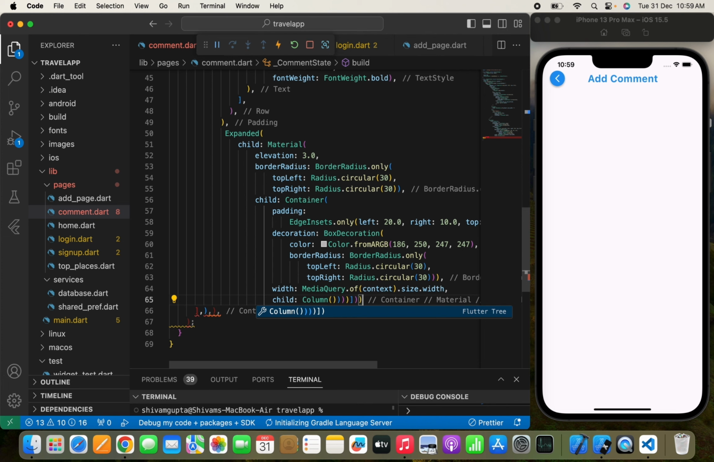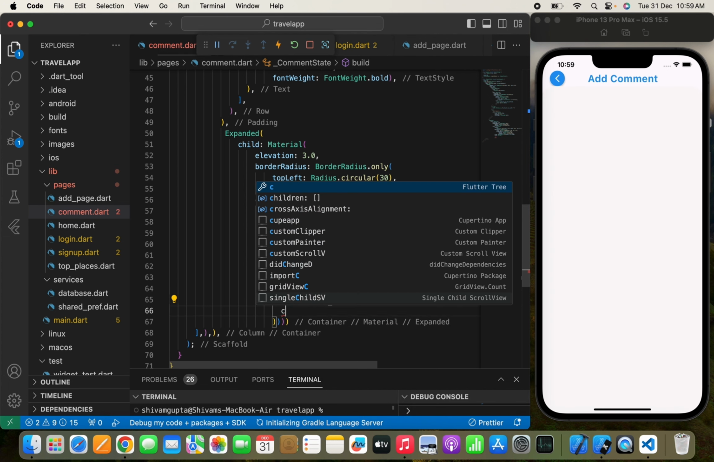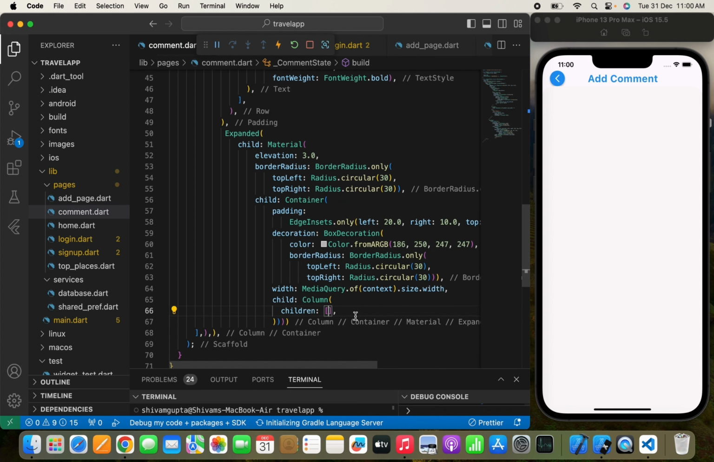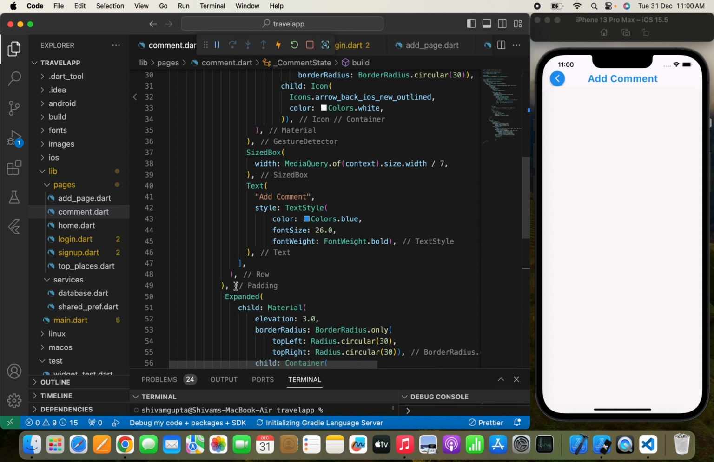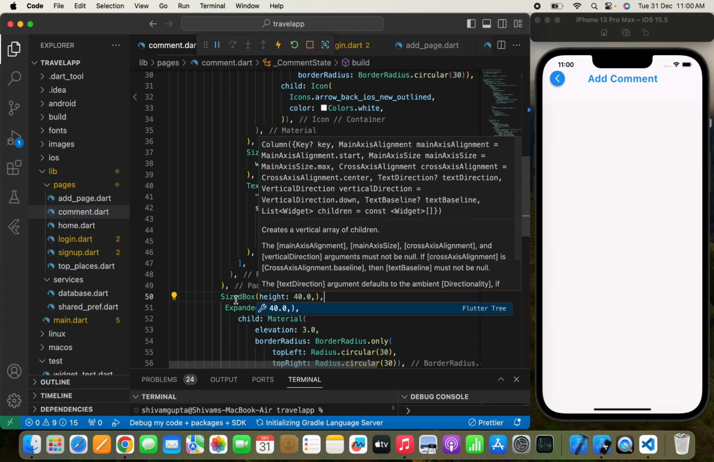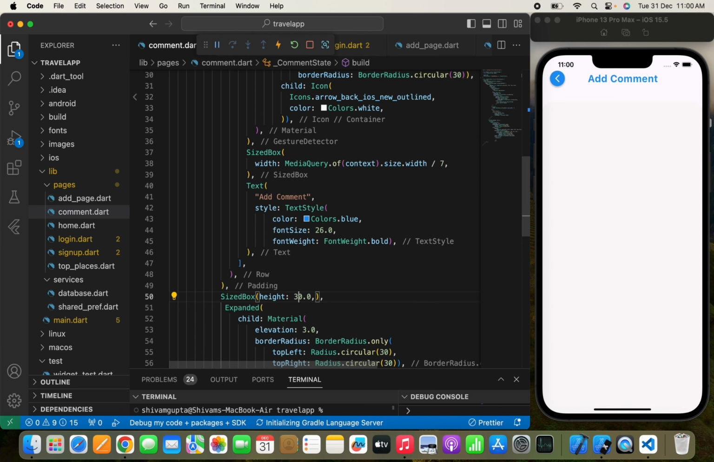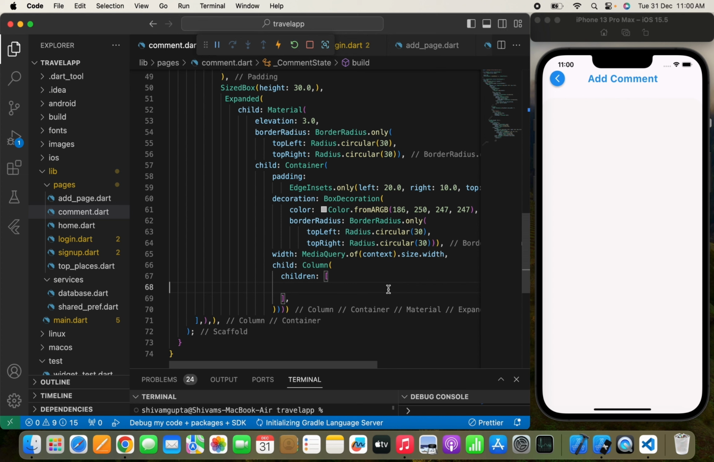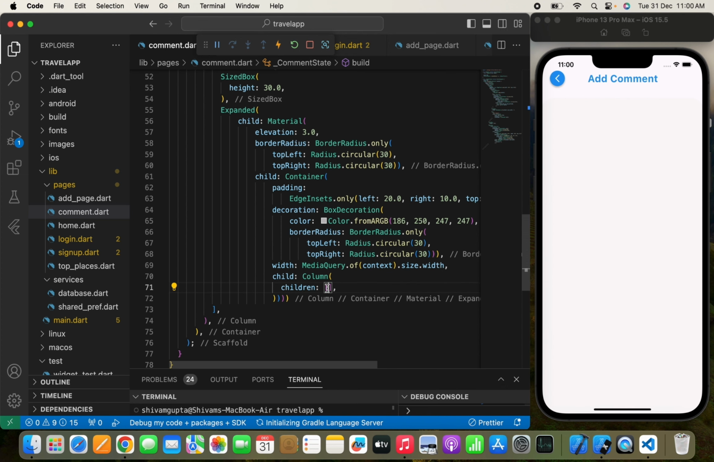I think so it is too much. Yeah, it's okay. Now I can simply pass a children. Now once we have passed a children, we can pass enough space. So we'll push a size box height, let's pass 40.0, something like this. I hope it is okay, or we can pass up to 30. Yeah, so once we have done this thing,